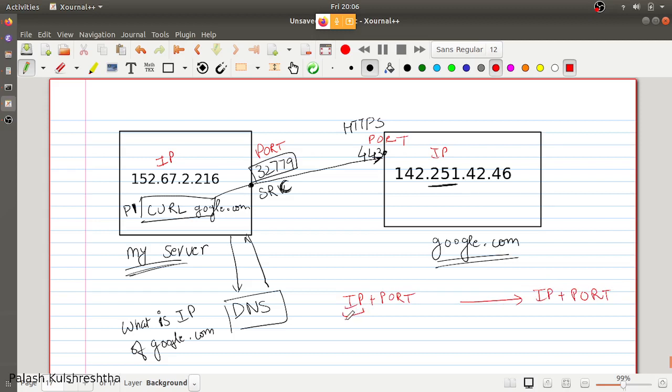IP is basically the address of a particular server or instance, and port is basically the address of the process running on that server. Each process gets its dedicated port through which it can speak or hear. IP is the address of the machine and port is the address of the process running on that machine. This IP plus port combination is called a socket.